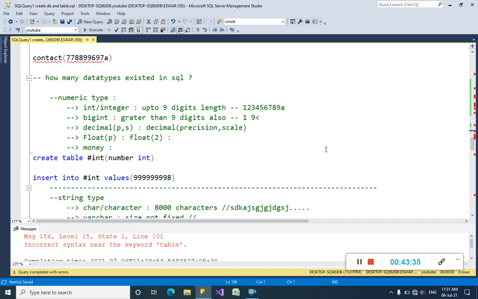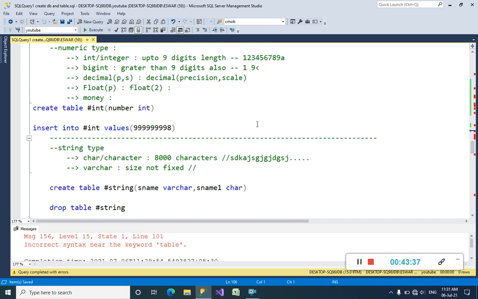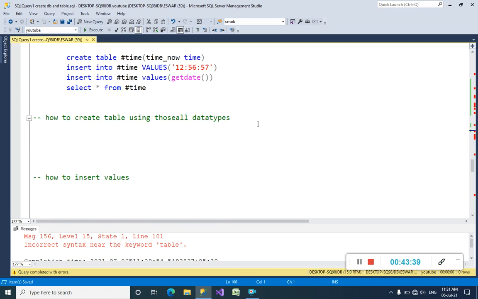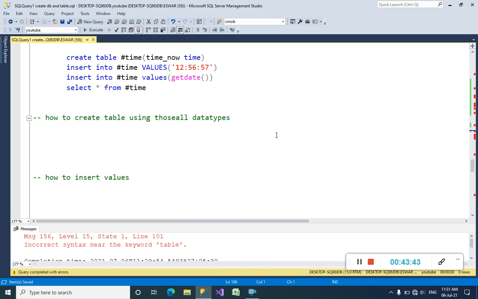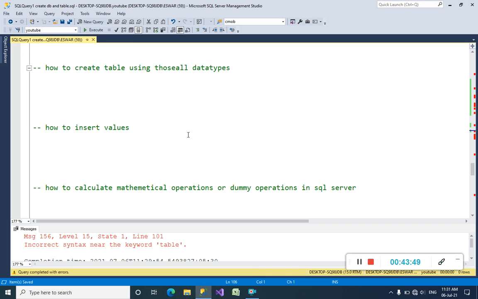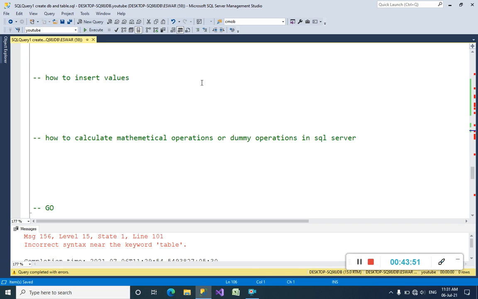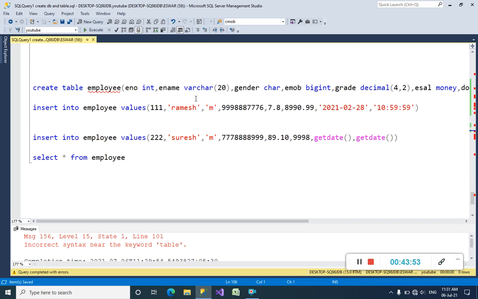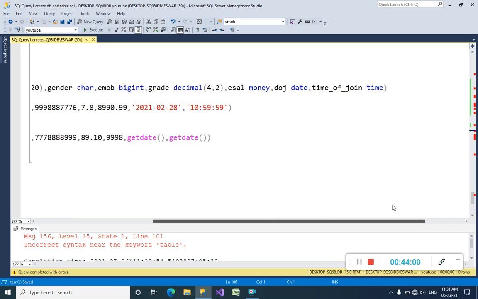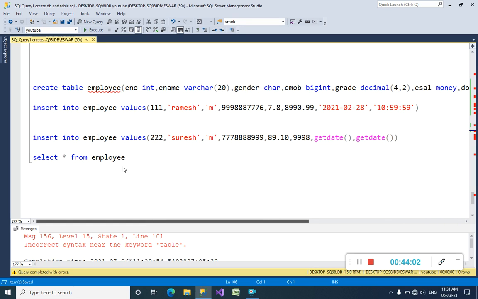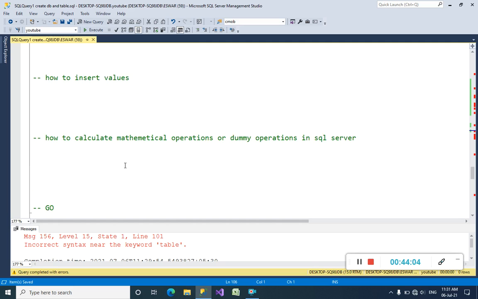Okay, how many data types exist? Numeric data types. We have already discussed all these things in the previous session, right? How to create a table using all those data types. We have already created a table with multiple data types in the previous session, the employee table, so we don't need to create one more.